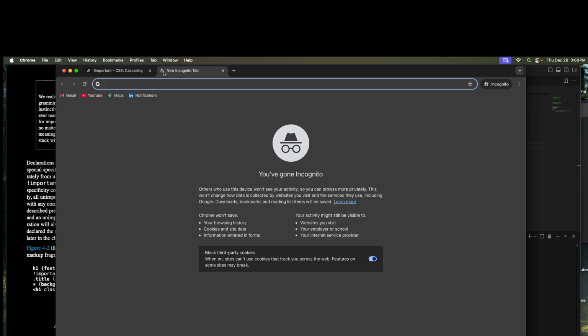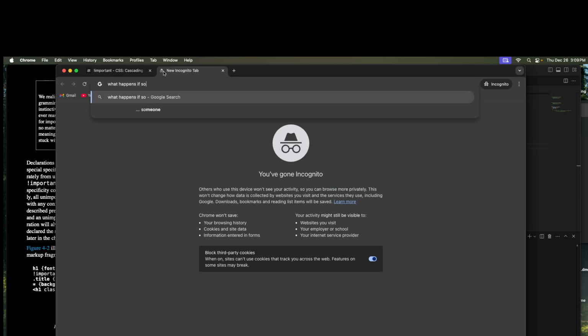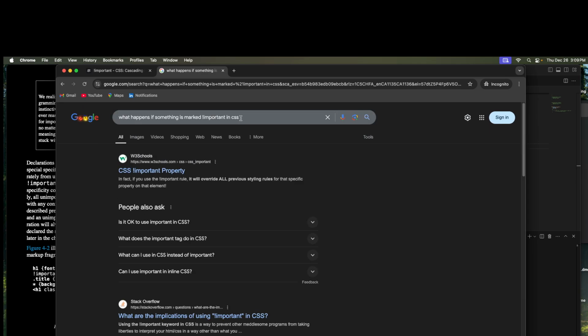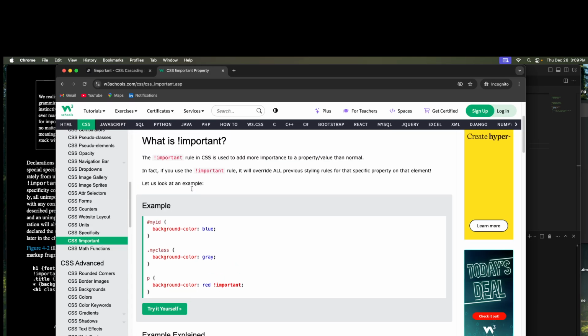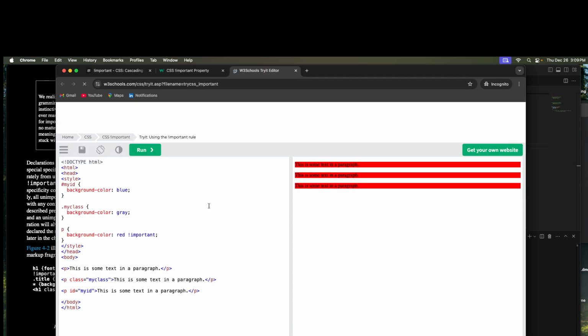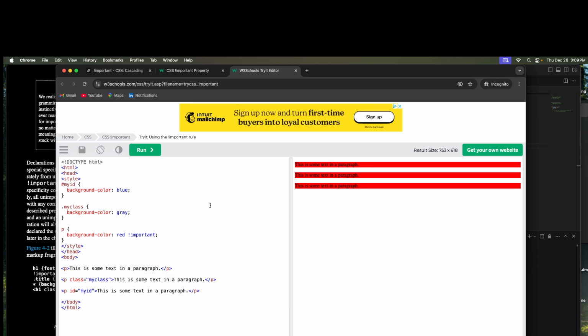What happens if something is marked important? If I do this, so what it is explaining is